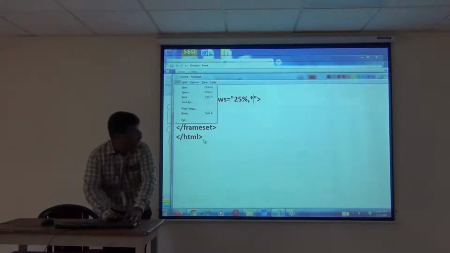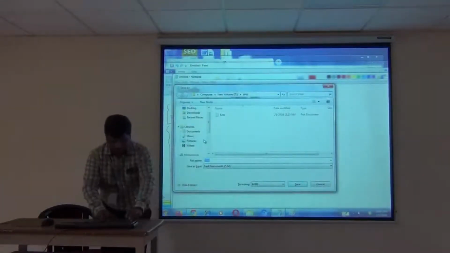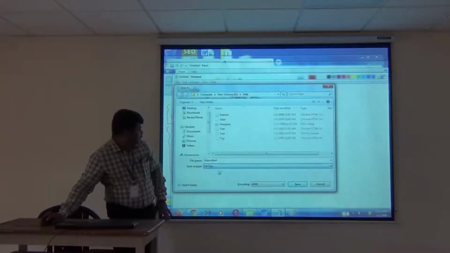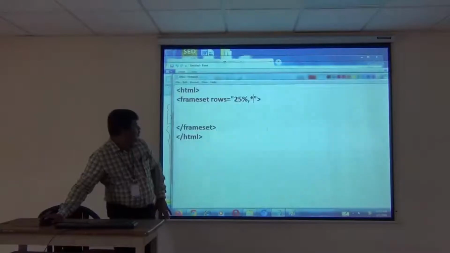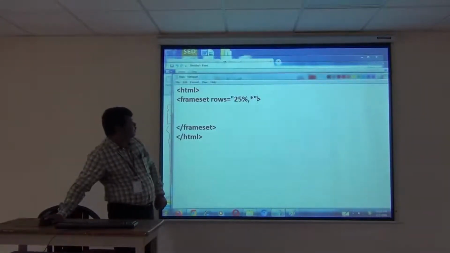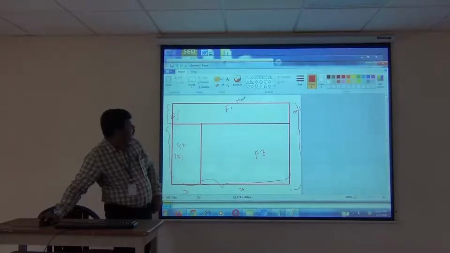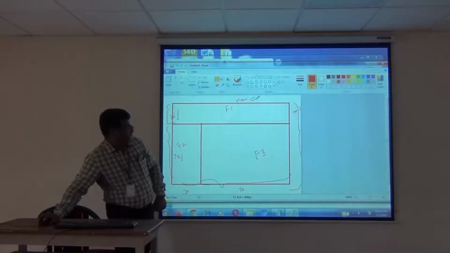Okay, I am going to save this program as main.html. In this example, the first program, main.html, we are going to create two frames row-wise. The first is top, the second one is bottom.